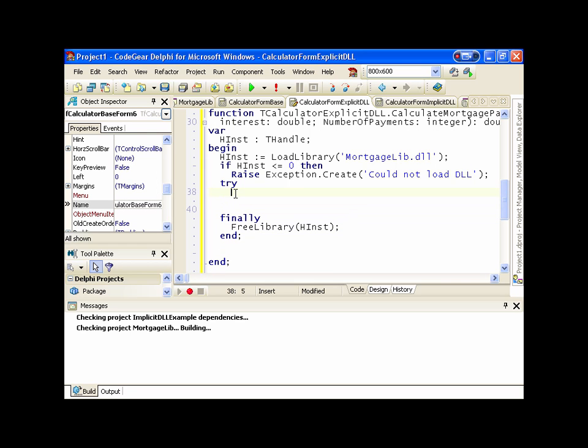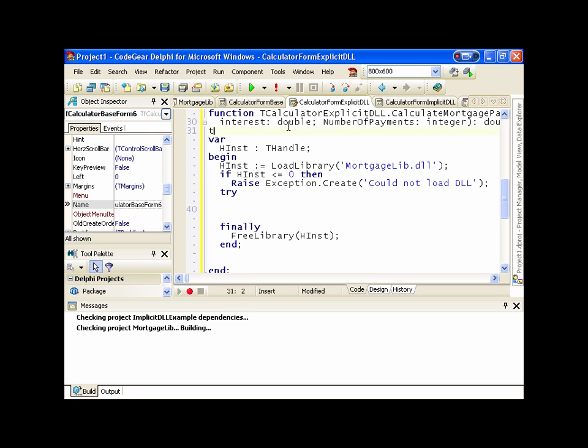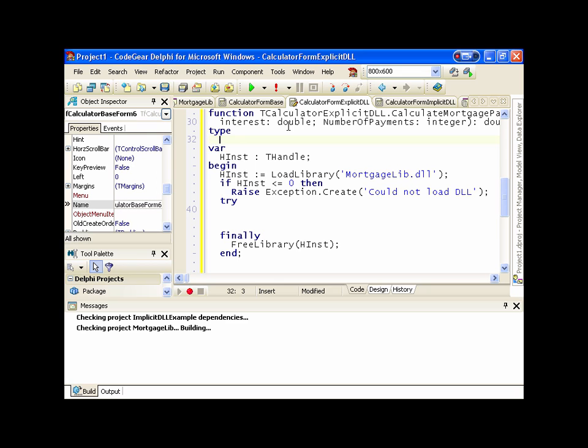In this try finally block we're going to try and call our calc mortgage payment function within the DLL, and to do that we need to know what the function looks like. So I'm going to declare a type TCalcMortgagePayment,